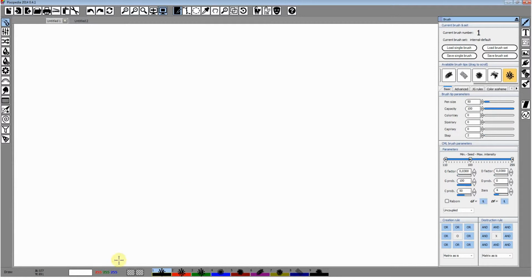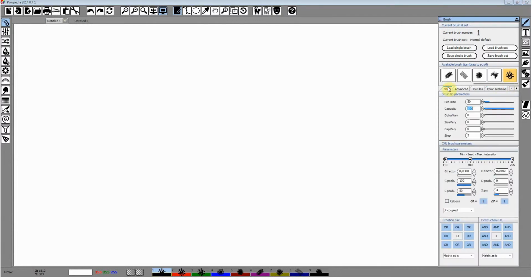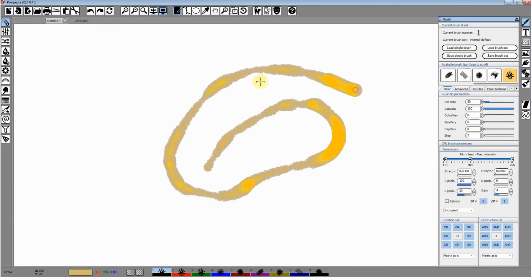Okay, I have preset a few similar brushes, and now we will see how it works. The first one, you see the settings here. The color scheme is alpha palette autumn colors, and if we draw, we'll get a stroke.